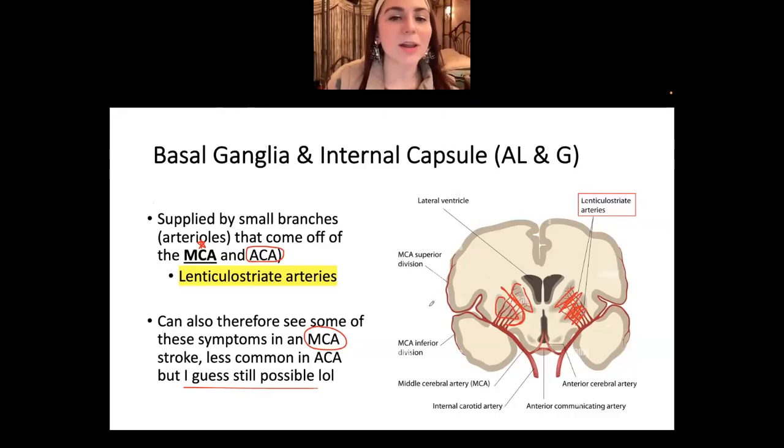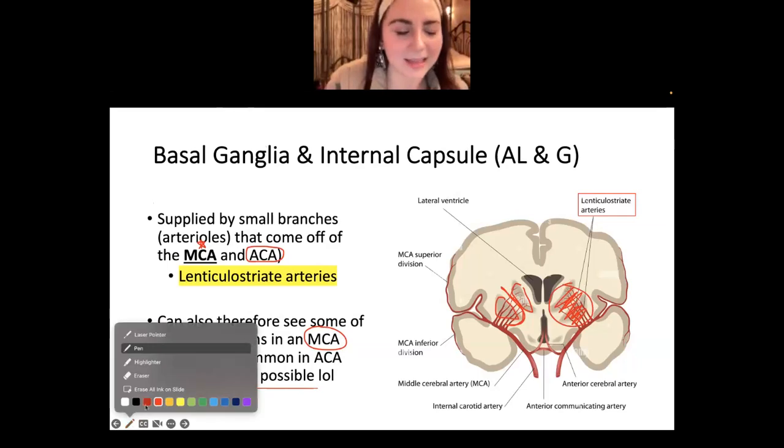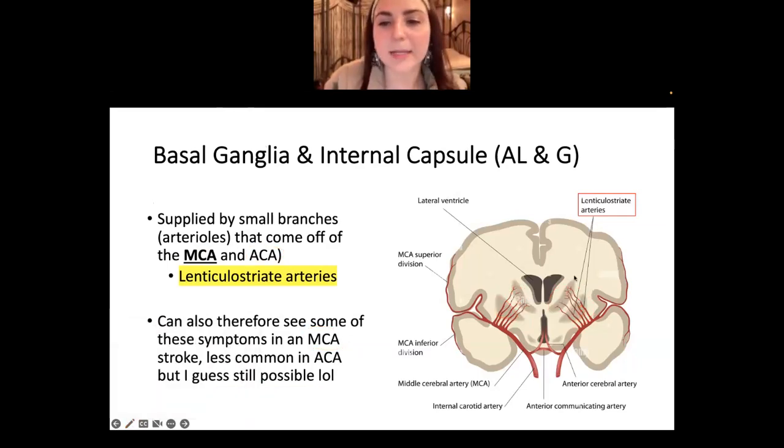So I wouldn't call an MCA stroke with lenticulostriate arteries being taken out a lacunar stroke. I only call it a lacunar stroke when these are the only things being taken out and the MCA is fine. And we did mention this last time, I think a little bit, but how that would even possibly happen is when you have